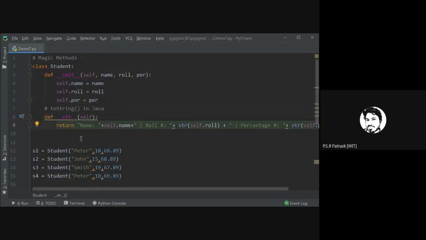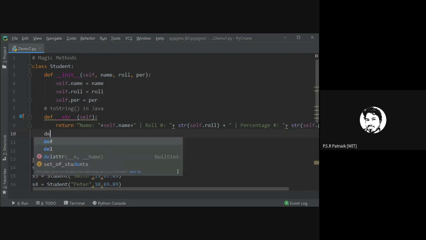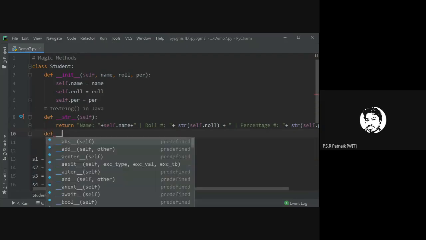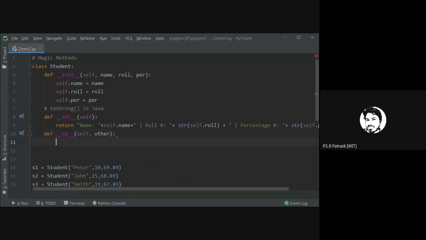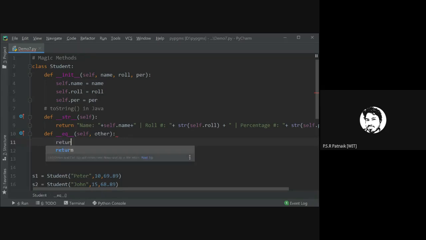Likewise, we have two more magic methods. What are those? It is this one, and there is another one. You have to return. Okay, let me just write a default one.